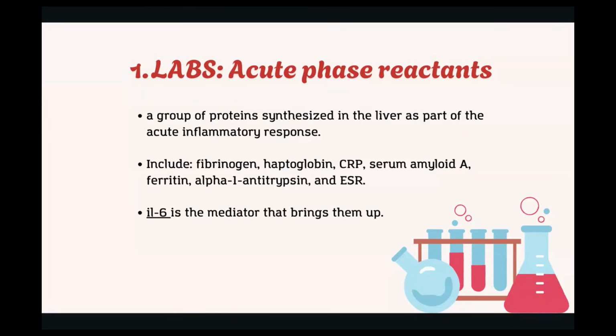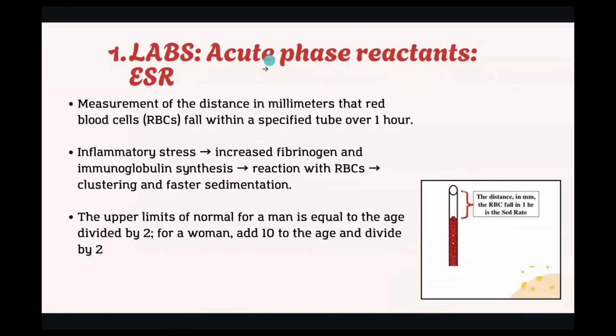Now, what drives the acute phase reactants to increase in the body? It's basically interleukin 6. So very important. Interleukin 6 is the mediator that brings the acute phase reactants up. Now let's talk about their types. We have ESR, as we said. ESR is the measurement of the distance in millimeters that red blood cells fall within a specified tube over